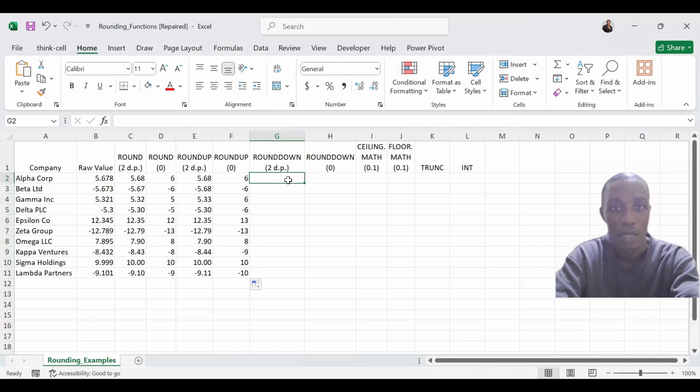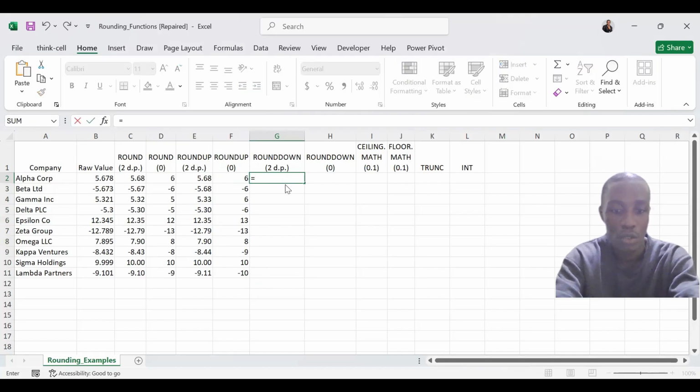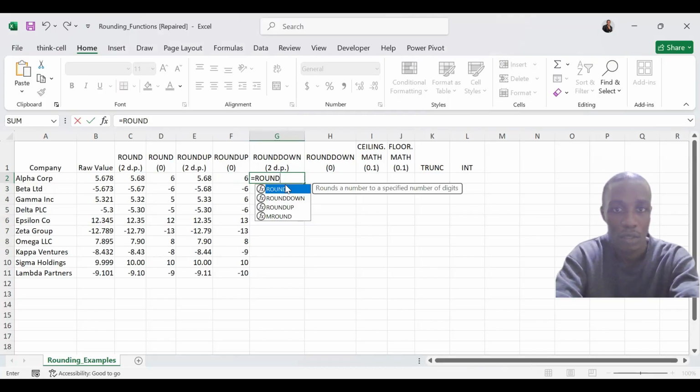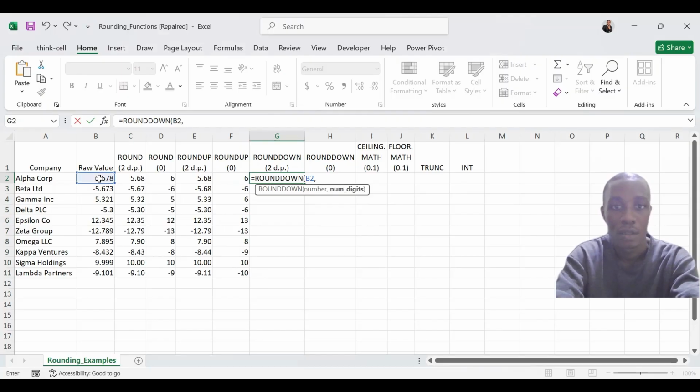Now for our round down, it's different from the round up. Okay, so if we check what it does, you can see that for the round down, it rounds a number down towards 0. So for round up, it goes farther from 0, but for round down, you can see it brings it towards 0. So when we select this raw value as our number, and the number of digits is 2,